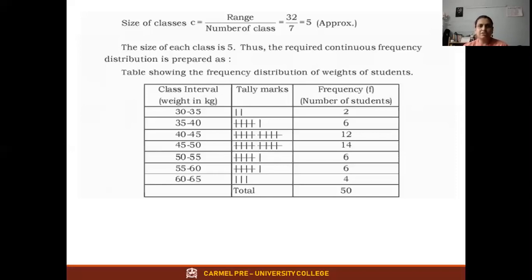So 30 to 35. Next is 35 to 40, because it is exclusive. So first write down the class intervals. How did you come to this decision? By calculating using Professor Sturges' rule. We need class width and number of classes. So how many classes are there? 30 to 35, 35 to 40, 40 to 45, 45 to 50, 50 to 55, 55 to 60, 60 to 65. Our highest was 64, and 64 gets covered in that.